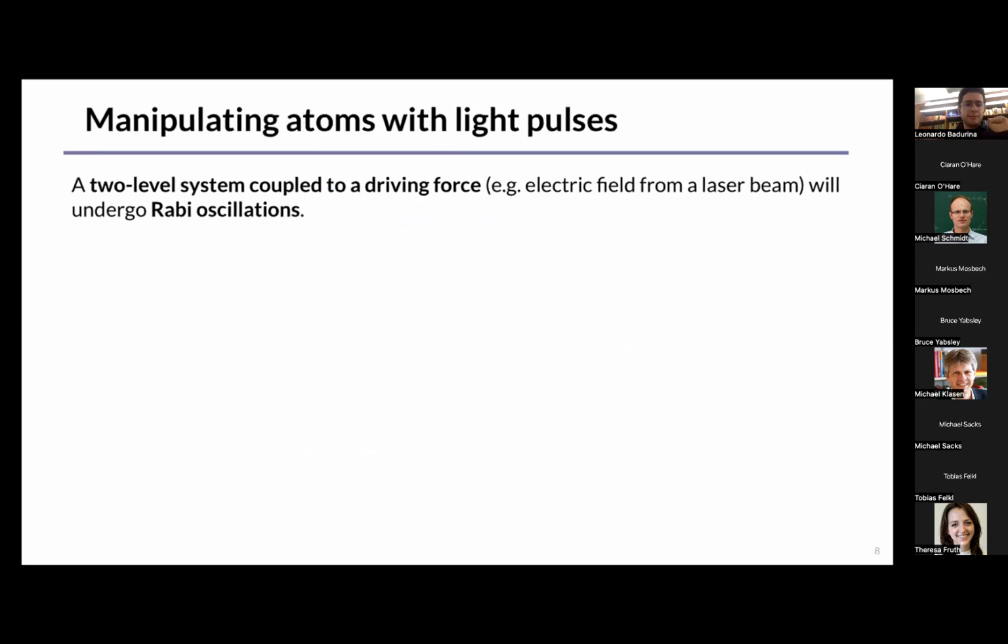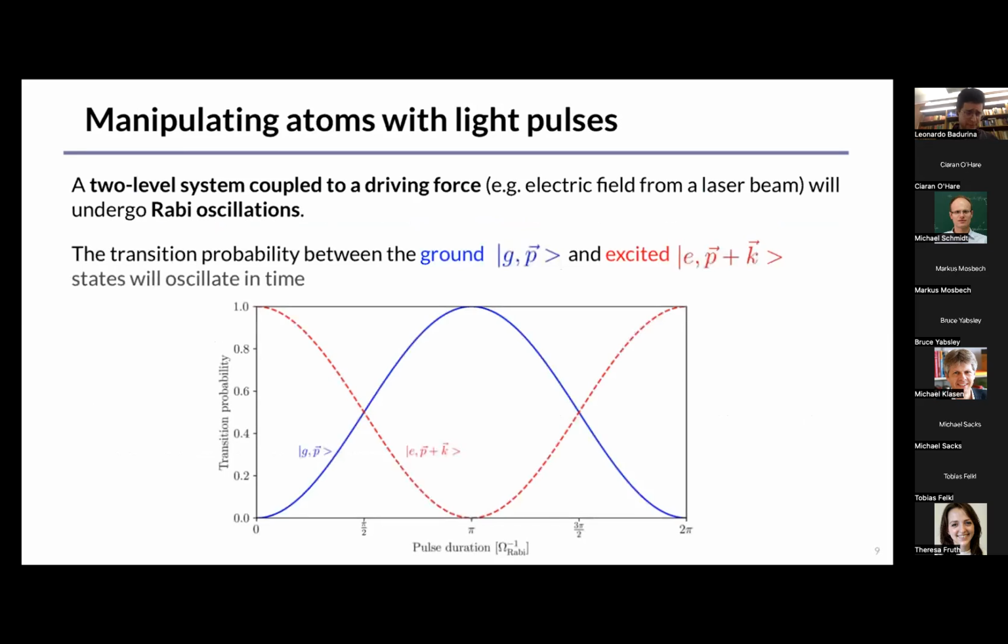In order to manipulate atoms with light pulses, we must recall an important concept that applies in quantum mechanical two-level systems, and that is that when you have a two-level system that is coupled to some driving force, so in our interest we can think of the atom coupled to, say, the electric field from a laser beam, then this two-level system will undergo Rabi oscillations. What these Rabi oscillations are simply